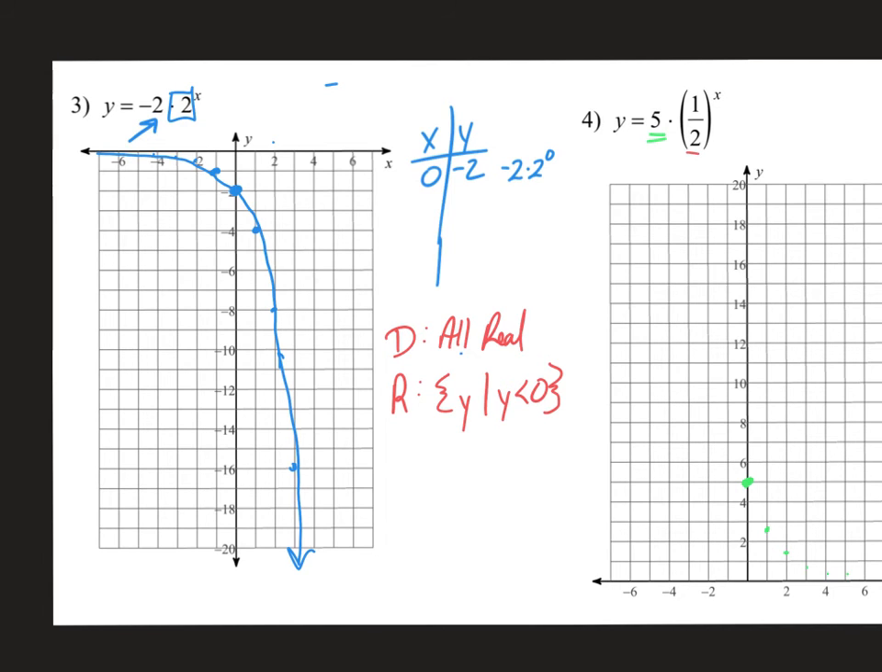So when we move left, we won't be cutting in half, we'll be doubling. So when we were at 5, when you double that, you're now at 10. Move another step, you're going to double 10 and you will be at 20. So you can see this is what my graph looks like,